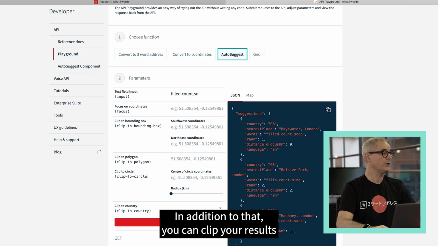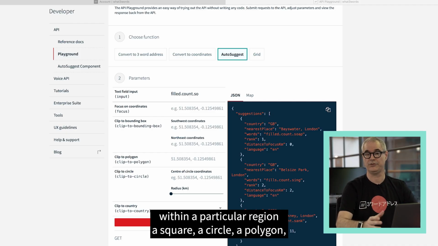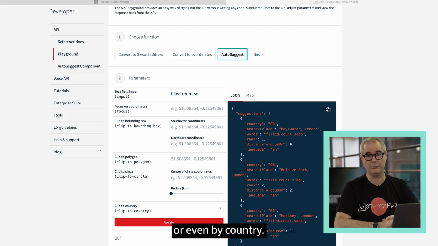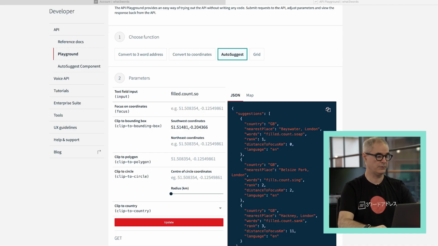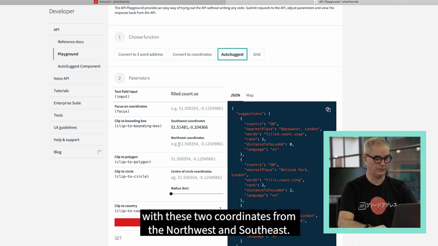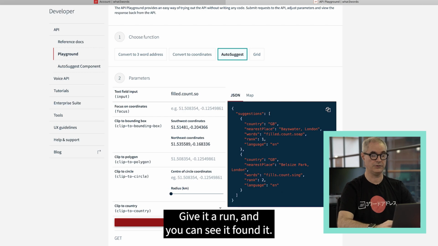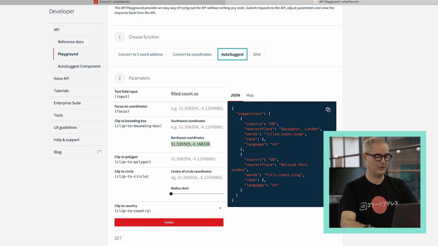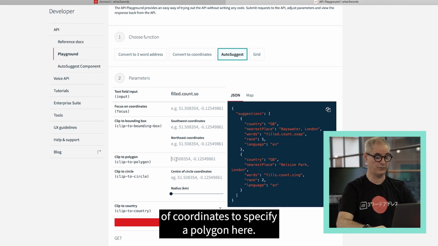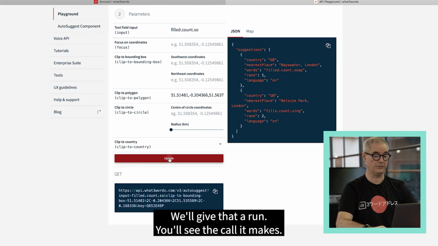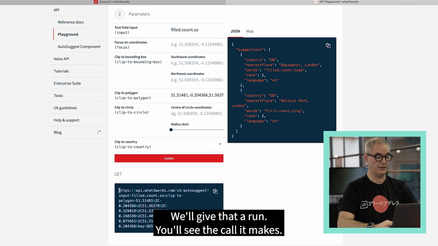In addition to that, you can clip your results within a particular region: a square, a circle, a polygon, or even by country. We're going to clip filled count soap by a square with these two coordinates from the northwest and southeast. Give it a run. You can see it found it. We can also use a comma-separated list of coordinates to specify a polygon. Here, we'll give that a run, and you'll see the call it makes